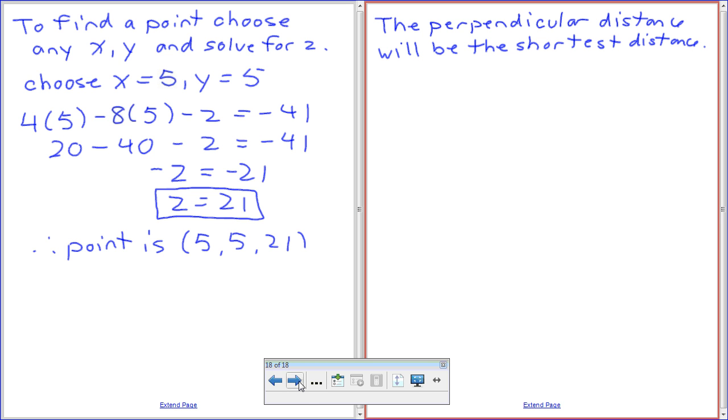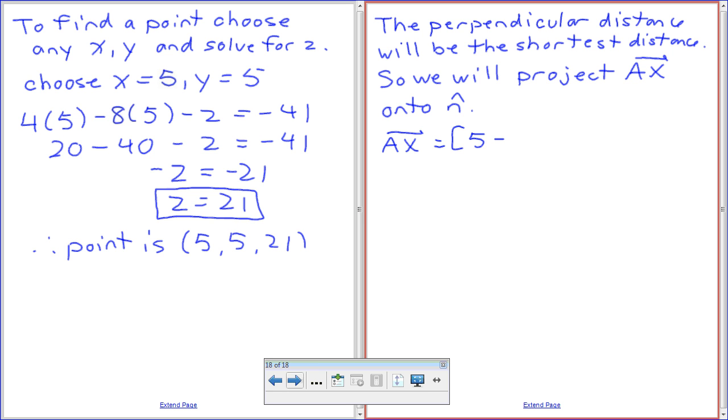So we will project AX onto N. Okay, so AX is going to be simply enough 5 minus 3, 5 plus 1, and 21